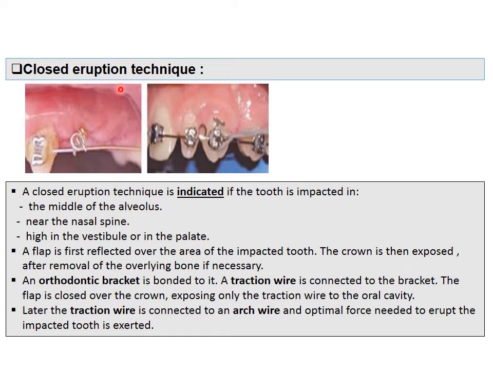For a high-level impacted tooth located in the middle of the alveolus and near the nasal spine,